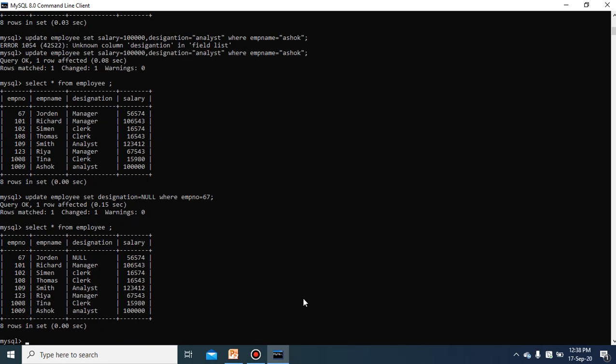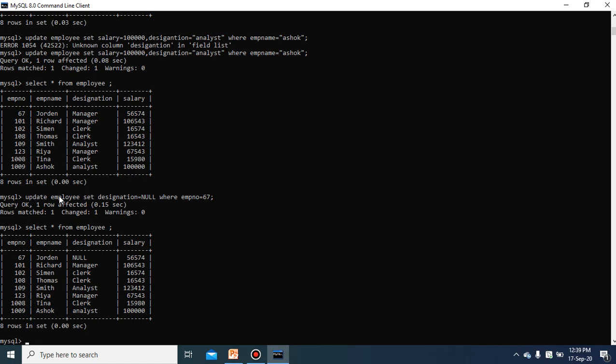You can see the output. Jordan's designation has been made null. Previously it was manager. So this is the way we can apply the update command, either changing a single value or multiple column values at the same time.